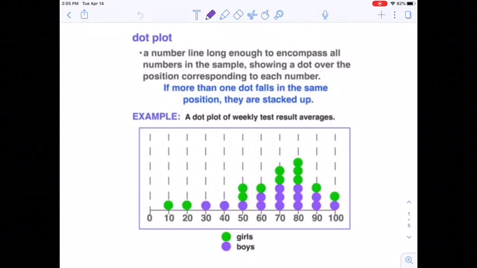Hi, third graders. So we're going to continue working with dot plots today, doing a little bit of problem solving,